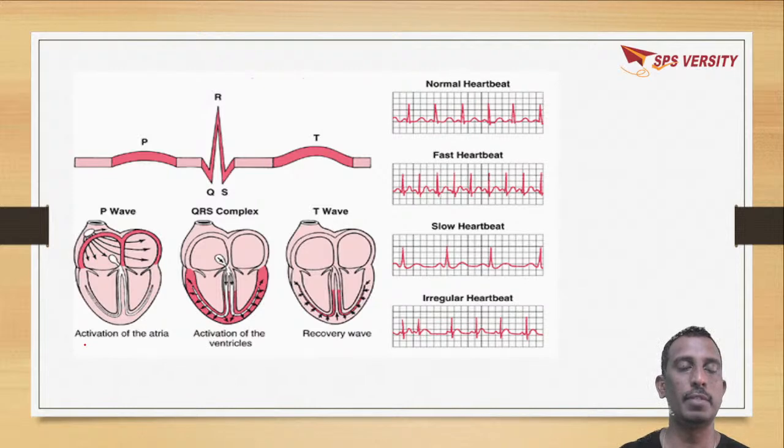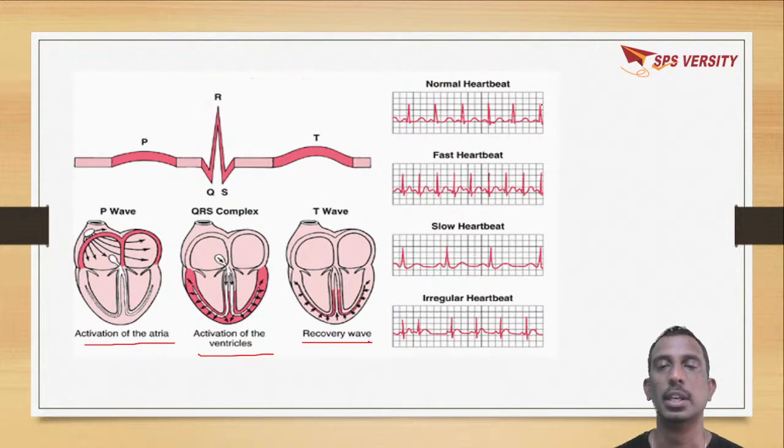That is, during the P wave, activation of the atrium. During the QRS wave, that is activation of the ventricles. T wave, that is the recovery wave, the diastole, that is ventricular diastole. So here you can see there is a normal heartbeat rate